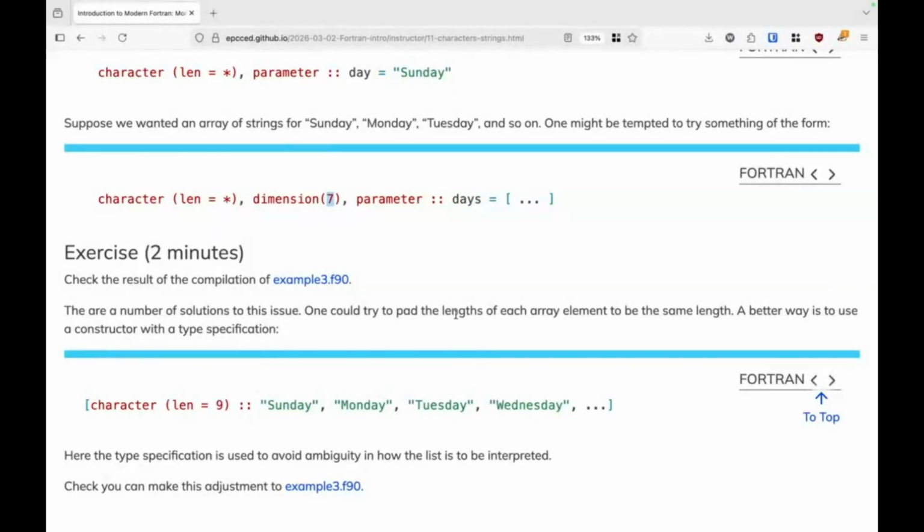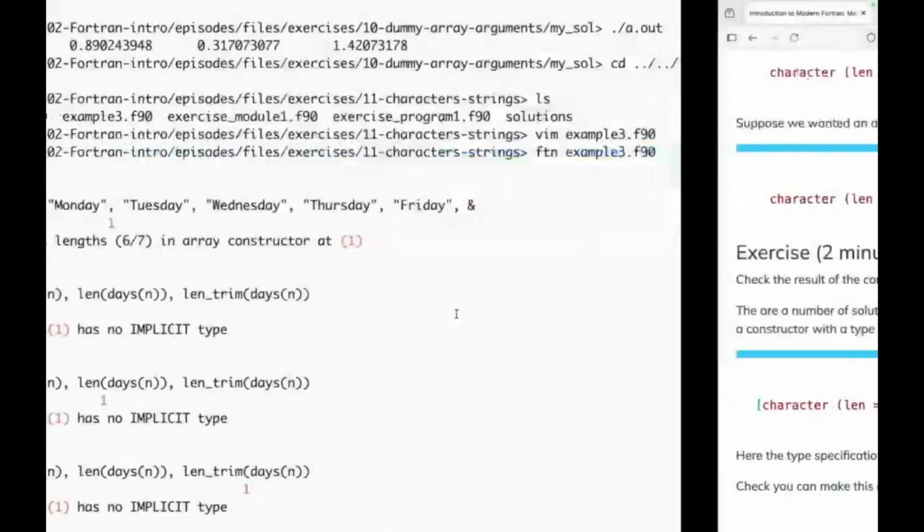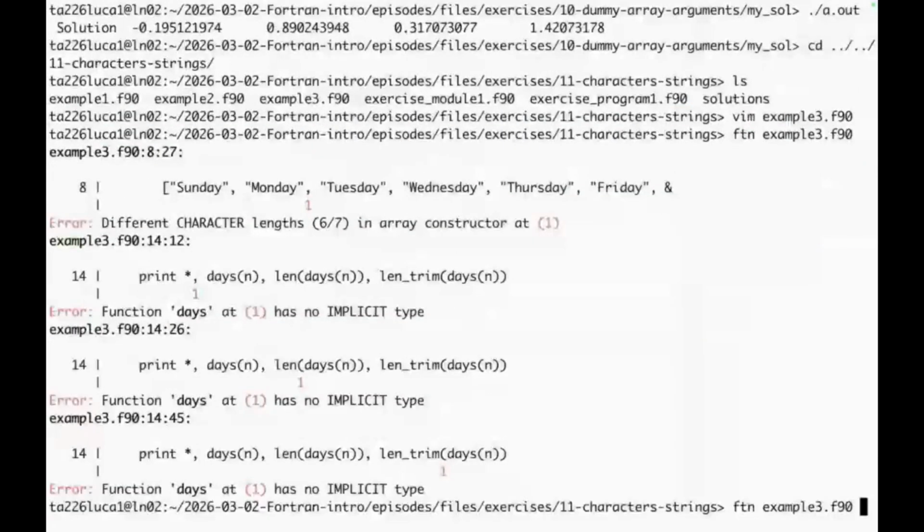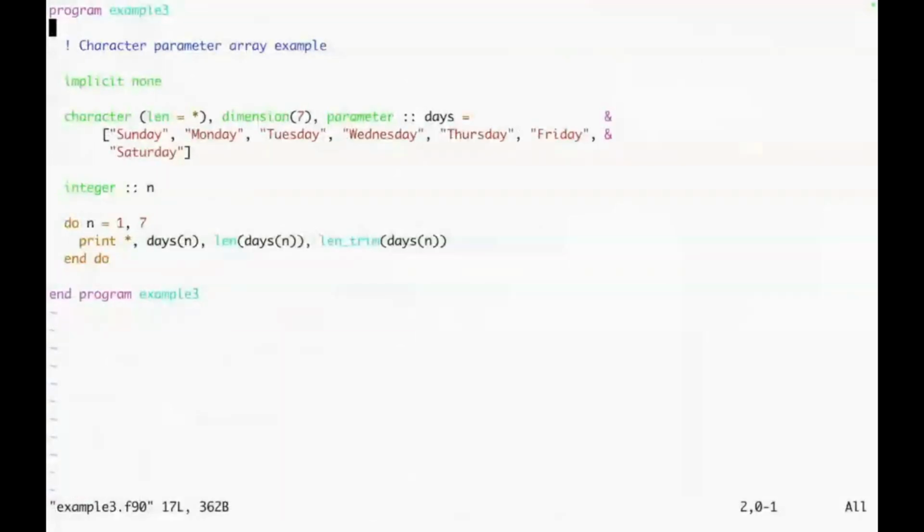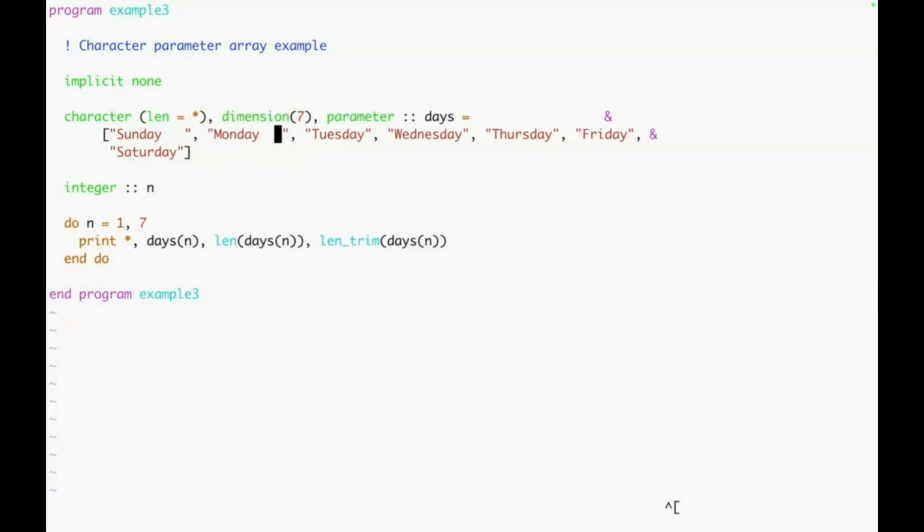So what you could do is you could pad the lengths of each array element to be the same length. So by that we mean we would, for example, say, what's the longest one? Saturday. Well, we could just add some extra spaces on the end here. Sorry, Wednesday. So we put 3 extra spaces. We'd have 3 extra spaces there. That would work,